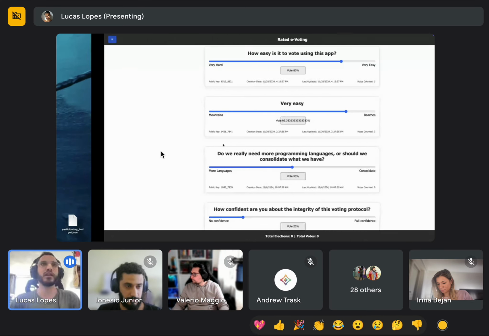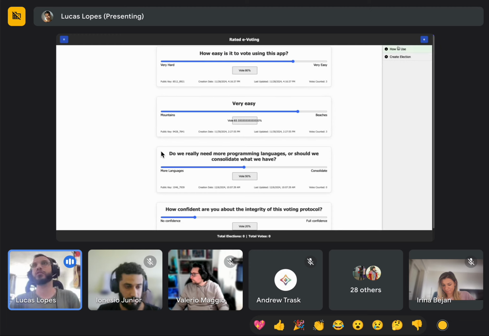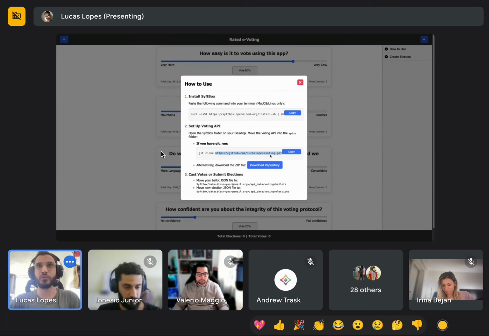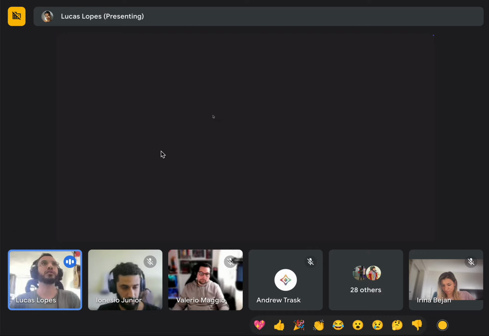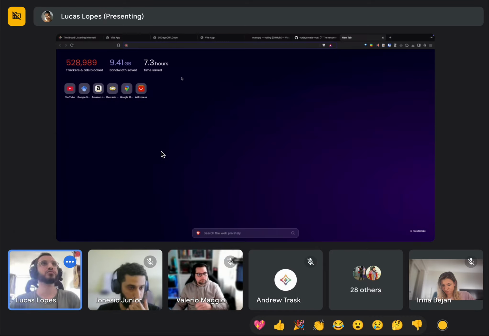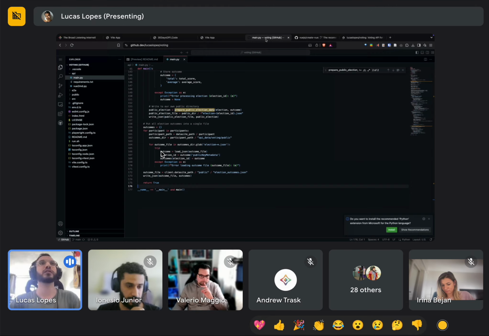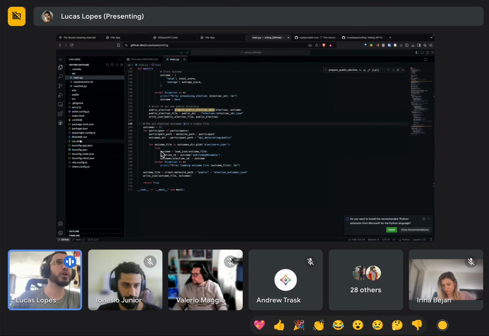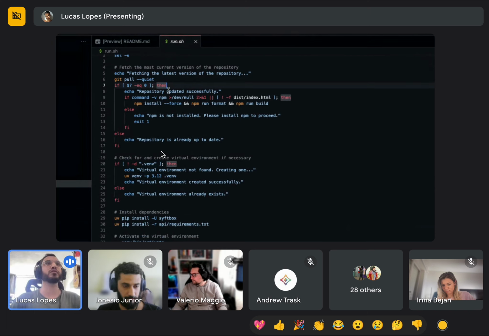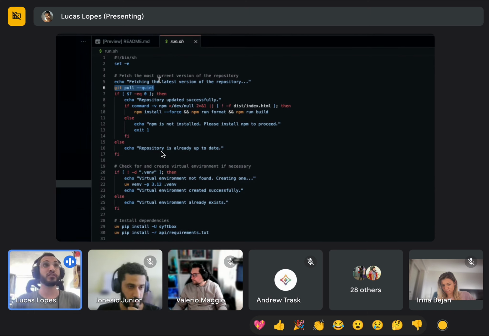But what is going on once we drag and drop is that we have, in this API, and we can see if you go to how to use it, the URL here of the repo. I'm just going to copy and open it here. I think I already have it loaded, yeah, the GitHub. So in run.sh, what it does first of all is check if there's a new update. And this is a very awesome thing about applications in SyftBox, that since it's just files running locally, you can just do a git pull to update the app. And if there's an update, it builds everything, the Vue.js client, on your machine.